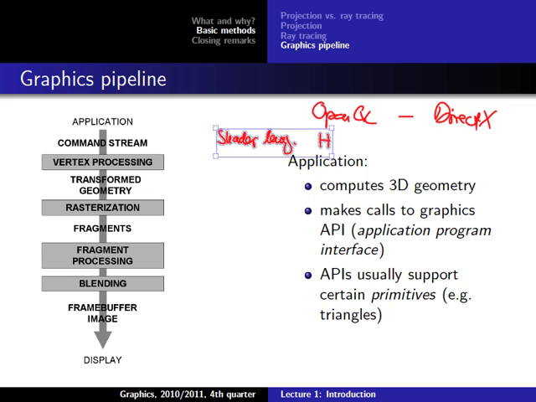Where do I have this? I wrote it down here. I know it was wrong. It's